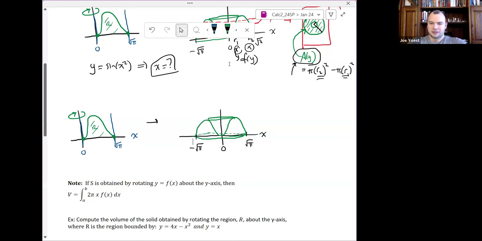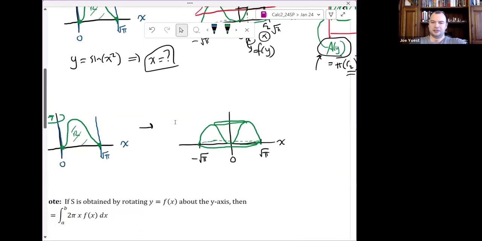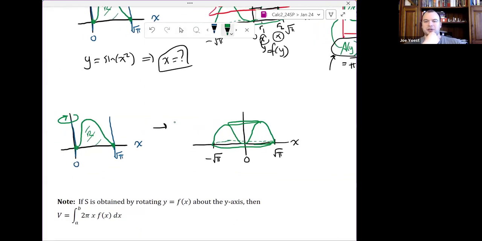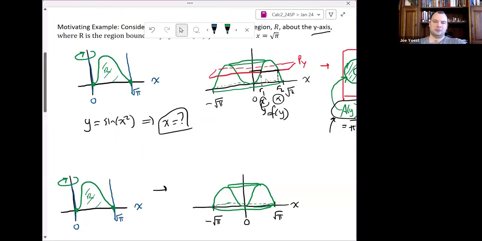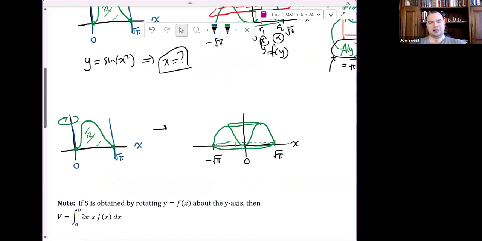And let me actually zoom this in a little bit, make it a little bigger. So here I would like to come up with a different way, a fundamentally different approach to finding the volume here. Now I want this different approach. This should give me the same volume that I would theoretically get if I used the disk or washer method. I want to account for all the volume in the same way. But I want it to be different in the sense that I can apply it to problems that don't work great for the disk or washer method,